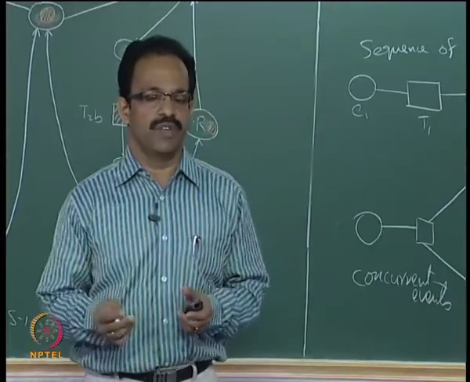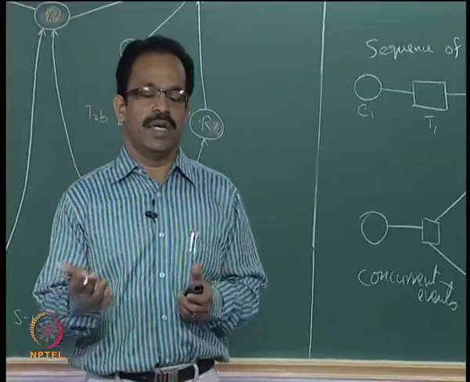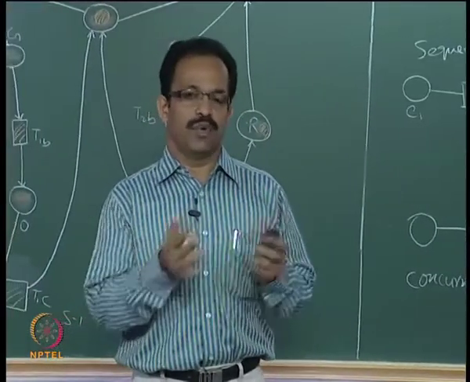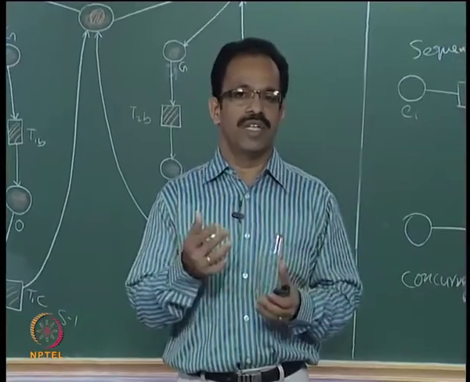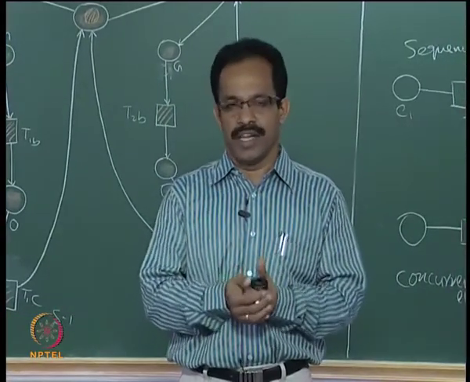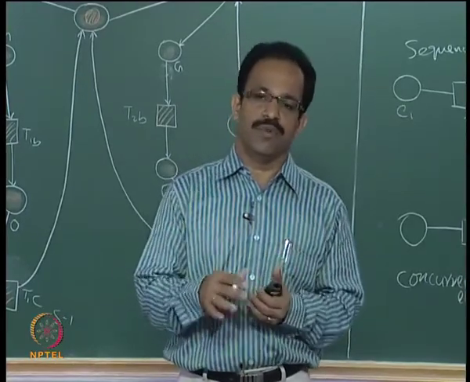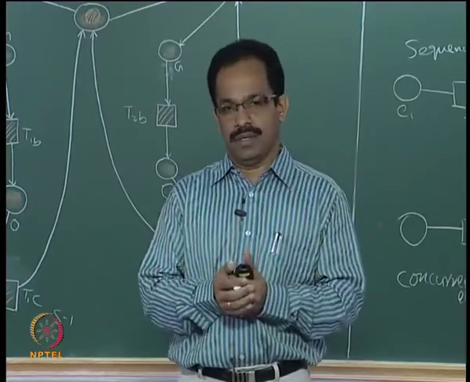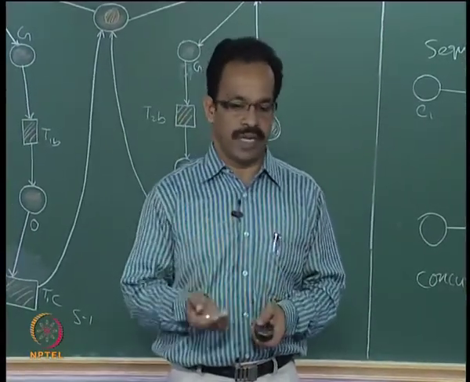So how do we actually ensure that there is no overflow of the buffer as well as the storage, that the producer is not producing more than what can be stored or consumed, and that the consumer gets an item whenever the consumer wants it? So how do we ensure these conditions? We can actually represent that kind of scenario using a Petri net.